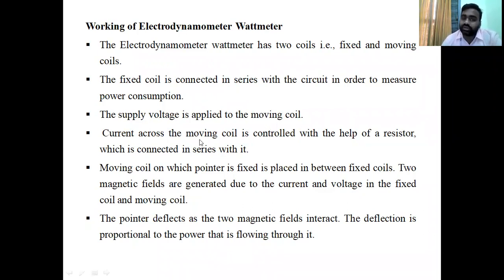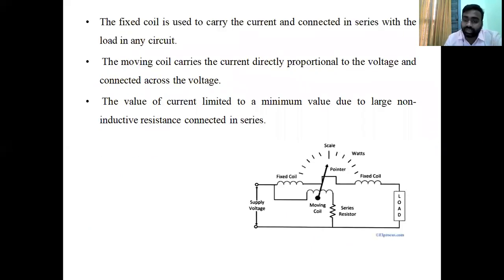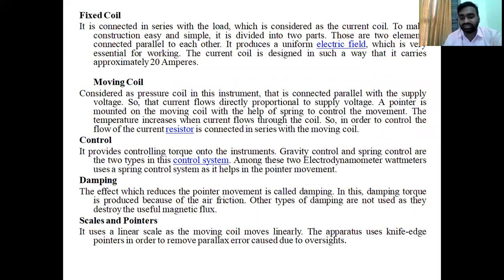Okay, so when there is a chance of current flowing with respect to the moving coil, there is an increase of resistance. That's why, in order to limit the current flowing in the moving coil, we have placed a series resistance. See here in this circuit, the main purpose of connecting a series resistance is to limit the current flowing in the moving coil. This moving coil is meant for voltage, not for current. In order to limit the flow of current in the moving coil, we have placed a resistance.